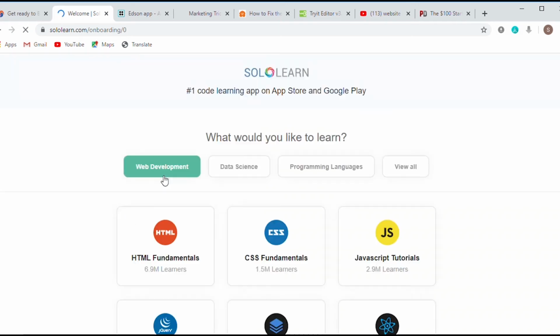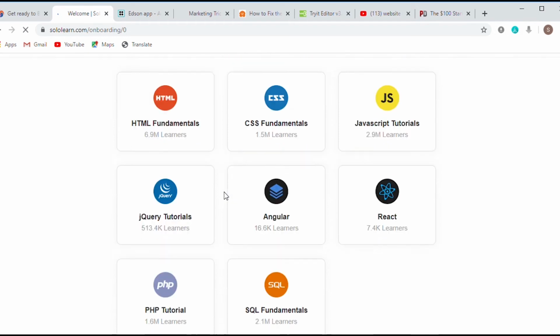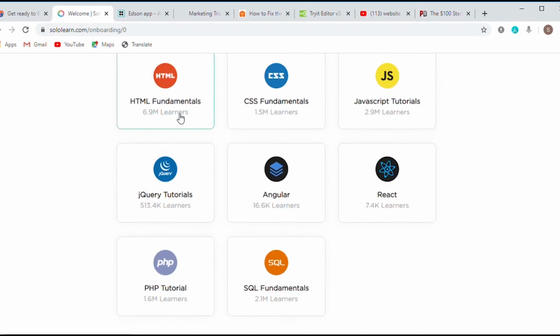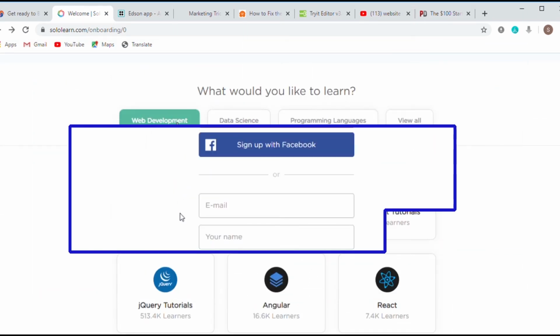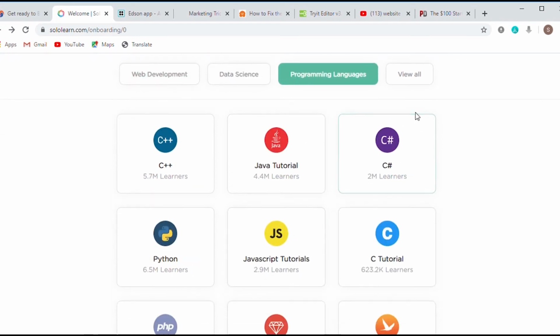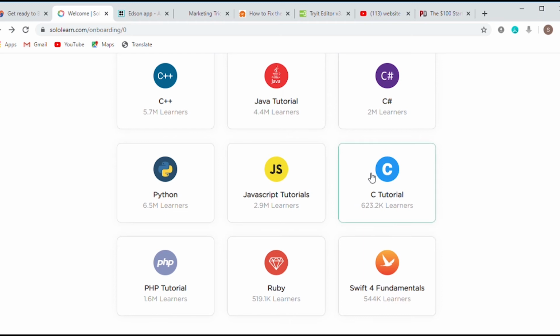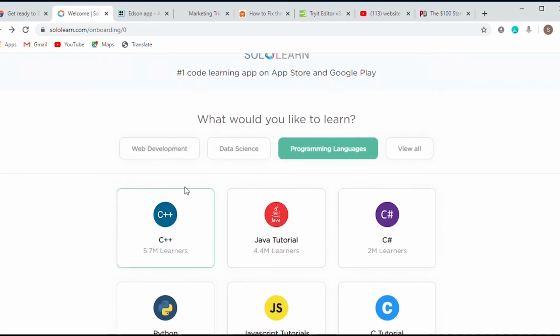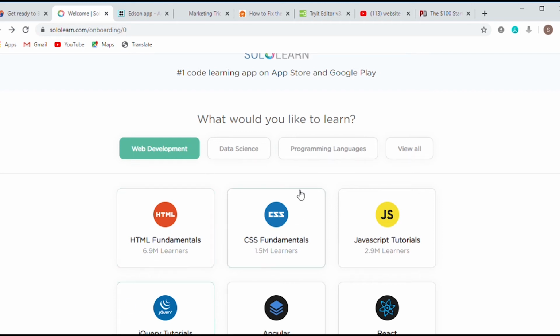They have a lot of topics that you can learn. You can learn HTML fundamentals, CSS, JavaScript, jQuery, PHP, SQL, solutions. But you can learn about web development, data science, programming languages. They are rich in terms of their topics, and it's really easy learning with them because they explain in detail, and then you get to put it into practice.